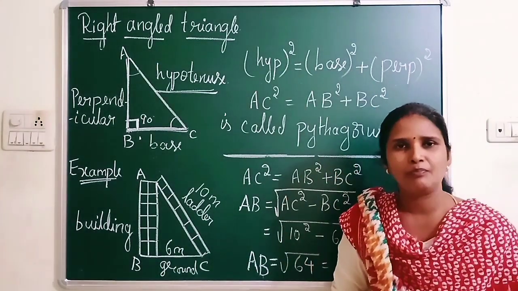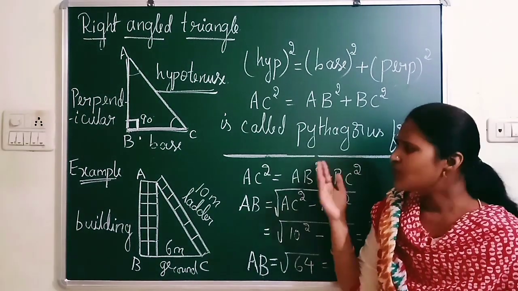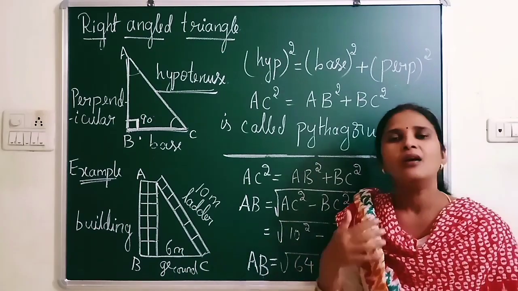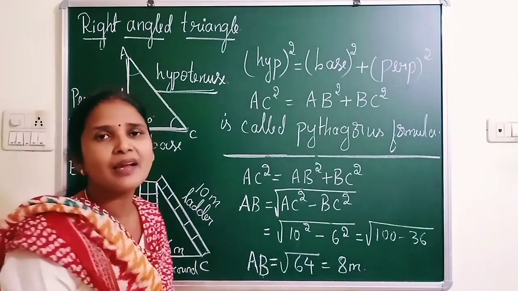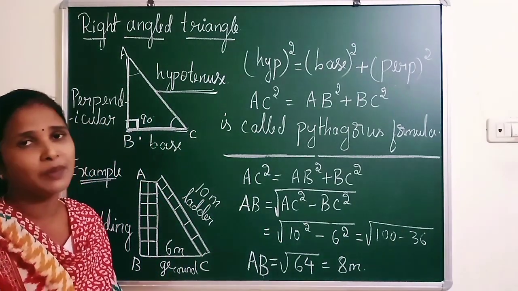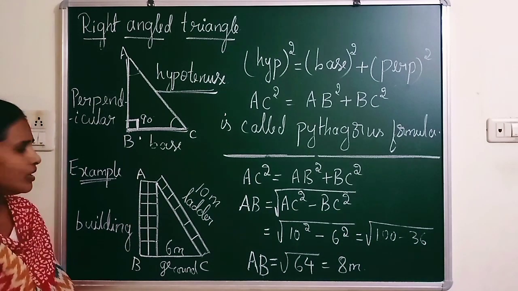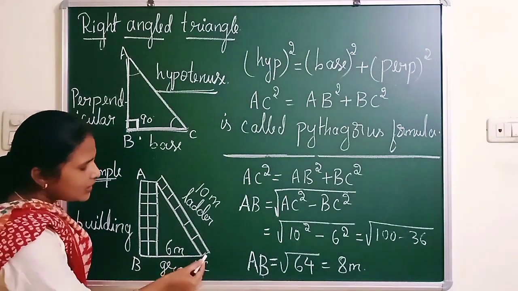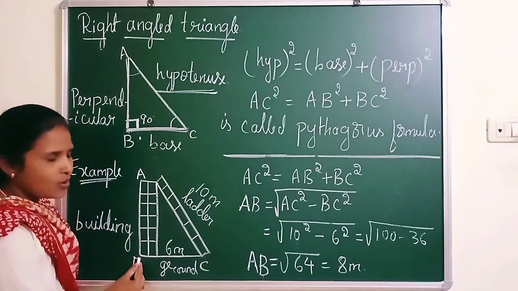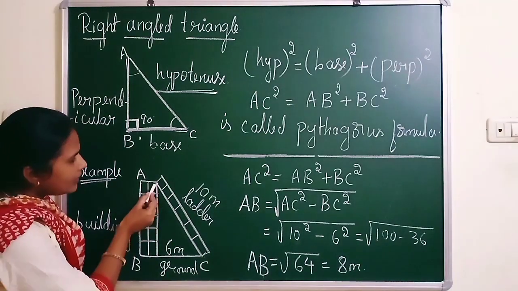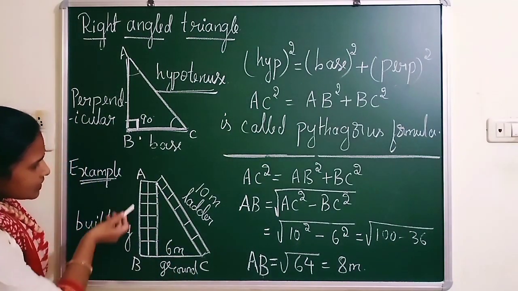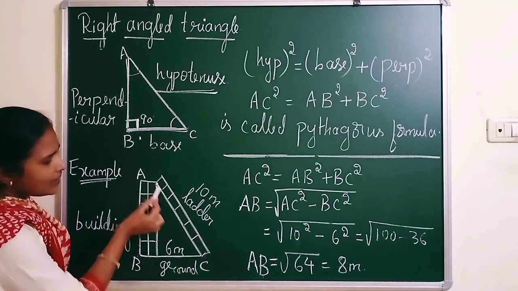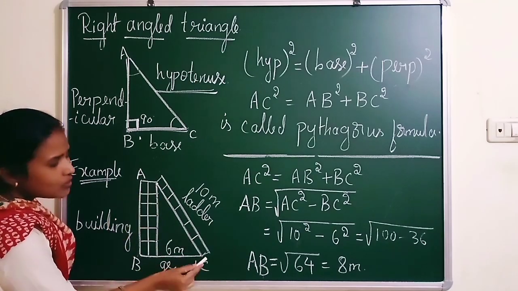To understand deeply why we need the Pythagoras formula, not only to check whether the given sides form a right angle triangle or not, I'll explain with one example where we apply it. Consider this example. Here AB is a tall building which is on the ground. Consider that BC is the ground, AB is the building and AC is the ladder. I'll repeat: the building AB stands on the ground BC and you have taken a ladder which stands from A to C.